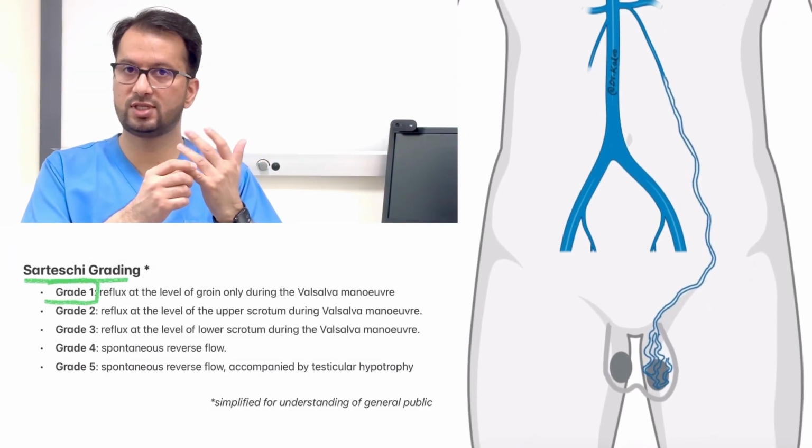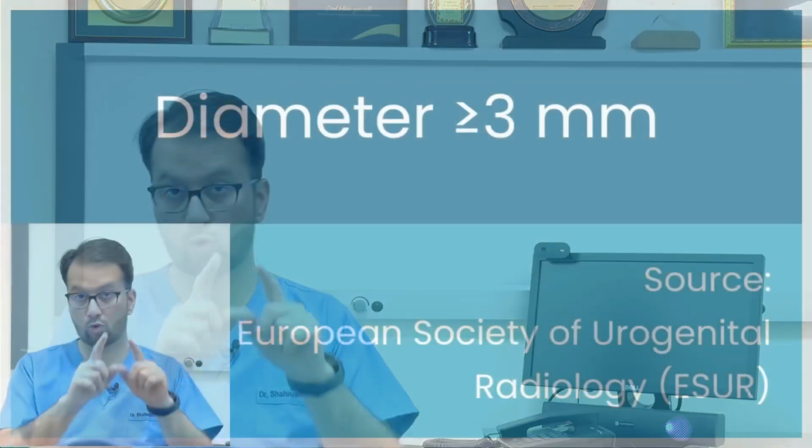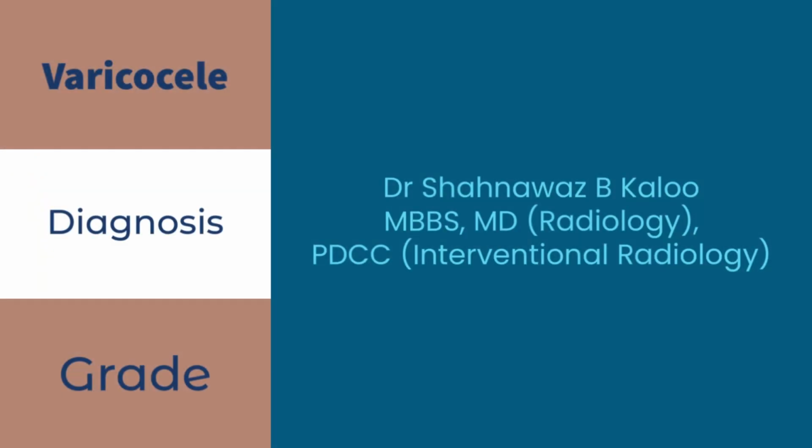Stage 1 varicocele, grade 4 reflux, what is also called the backflow of the blood. He gets treatment done. Veins more than 3 mm and now he has grade 4 varicocele. How do I confirm that there is varicocele? Or what is the grade of my varicocele? These are the questions often asked to us by the patients, and let us today answer these questions and try